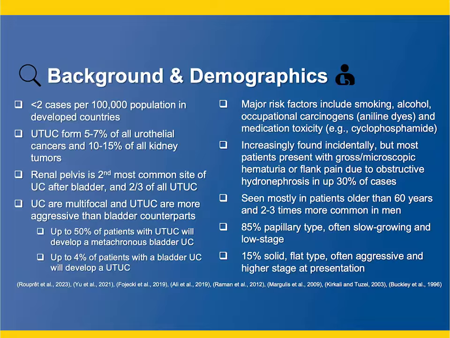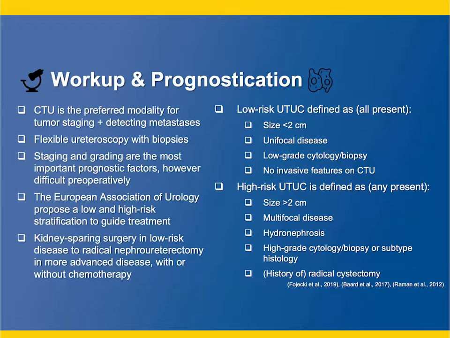There are some risk factors people talk about: smoking, alcohol, certain occupational carcinogens, and medication toxicity. Most of the cases are found incidentally, but patients present with hematuria or flank pain or obstructive symptoms. Typically, it's in older patients and up to 3 times more common in men than in women. 85% are papillary type, often slow growing, and about 15% are solid, which are more aggressive and higher stage at